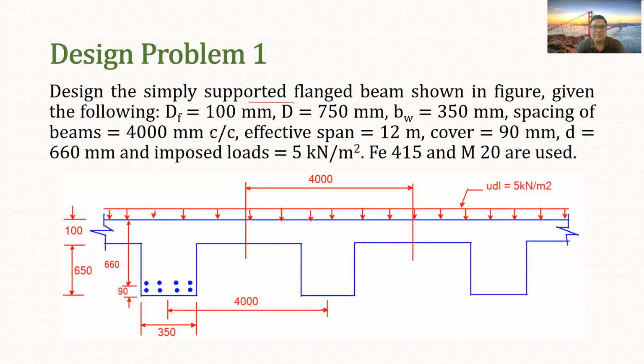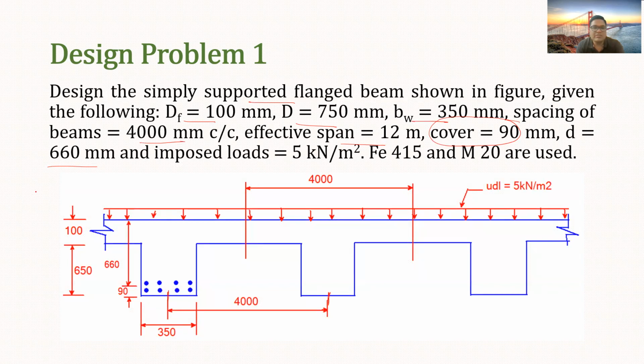There are some data which is already given. The thickness of flange is 100 mm and the total depth of beam is 750. Then the width of web is 350, and the spacing between the beams, you can see here, the center to center spacing is 4000 mm or 4 meter, and the effective span of the beam is 12 meter. Also the effective cover is given here, which is 90 mm, and the effective depth is also